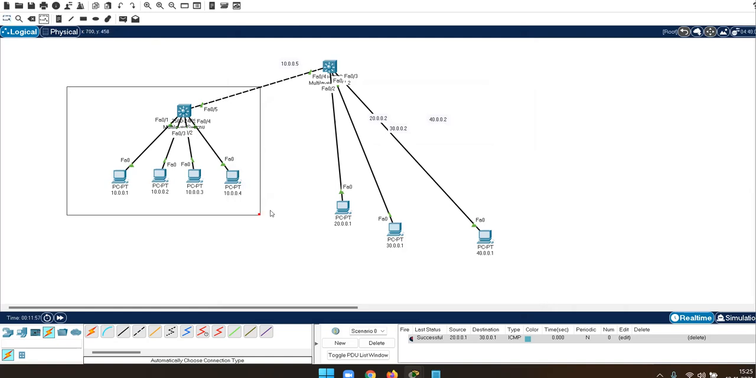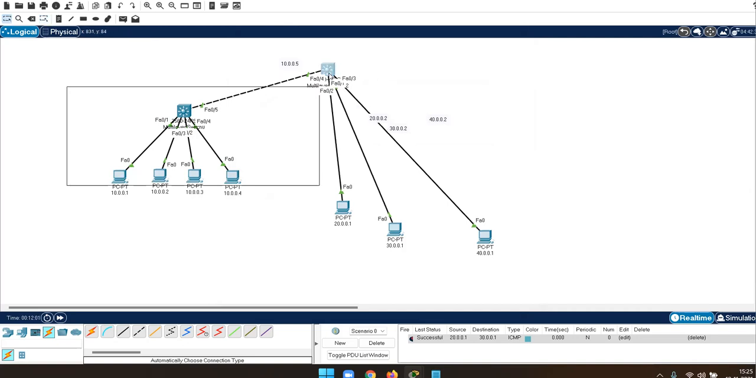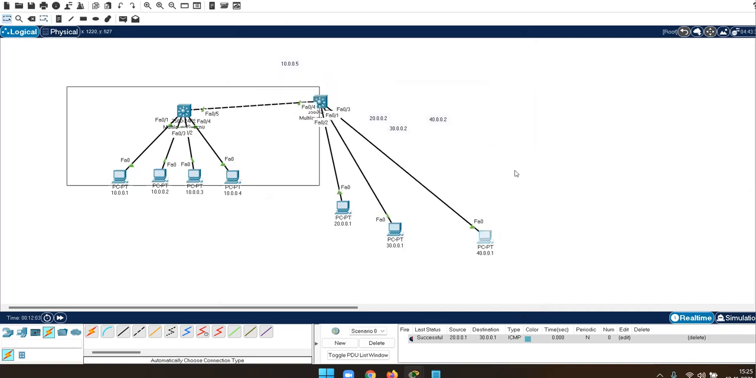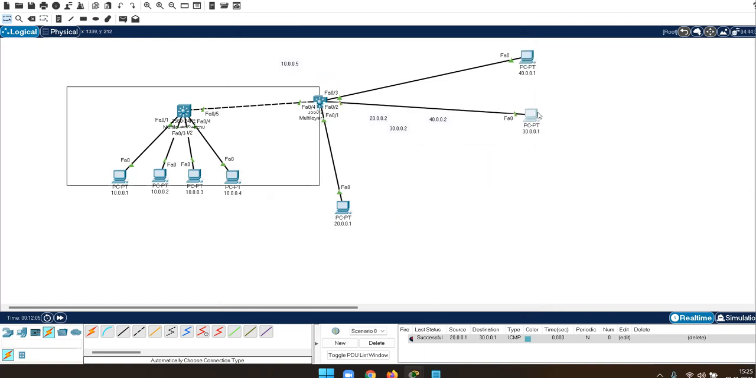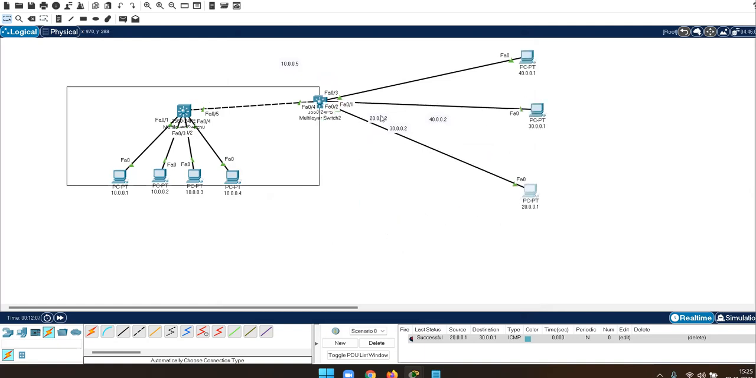I will change this. Like this is my 10 network. This is my 40 network. This is my 30 network. This is my 20 network. 20, 30, and 40. So this time, this switch is working as a router, but this switch is working as a switch. So when you try to ping from 10 to 40, it will be successful. So this is the